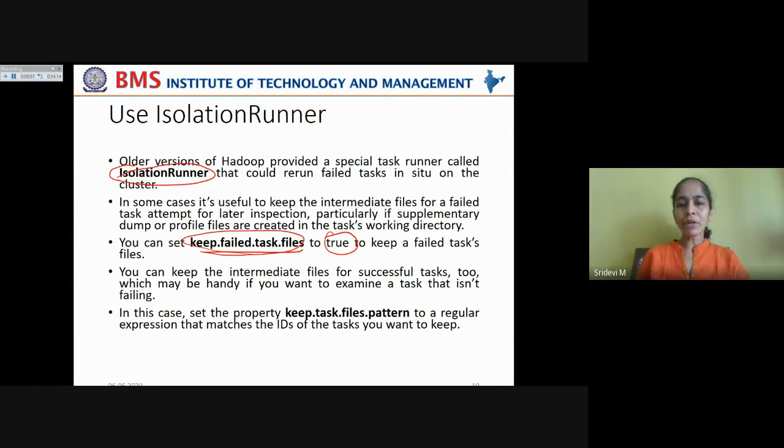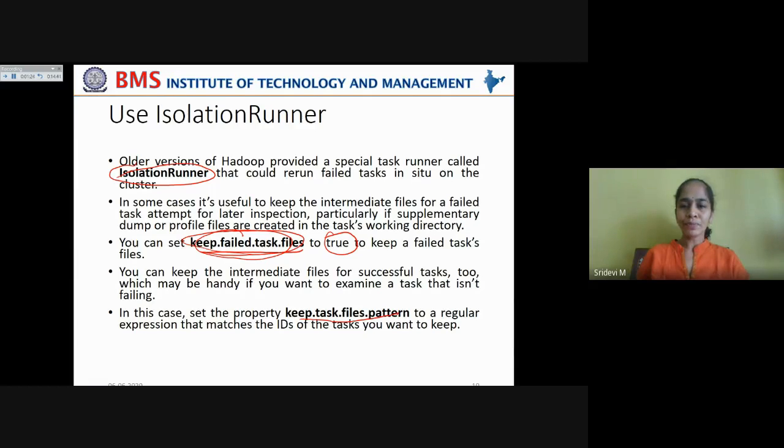Now you can keep the intermediate files for successful tasks also, which may be handy if you want to examine a task that isn't failing. So if you want to see how tasks run smoothly, that is also possible. In this case, you have to set the property keep.task.files.pattern. In the previous case, to inspect the failed task, you use keep.failed.task.files set to true.